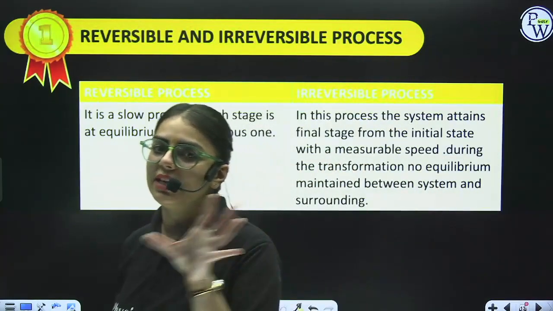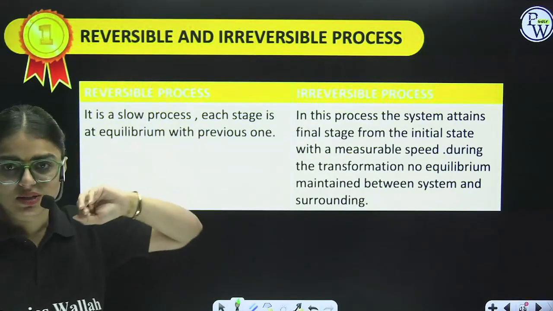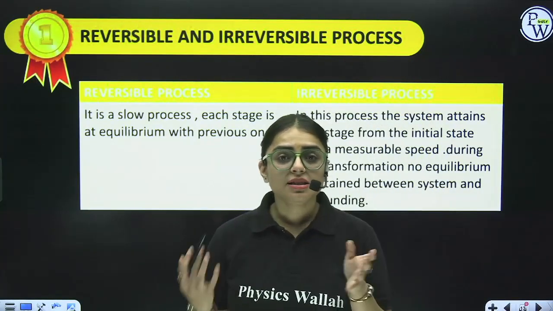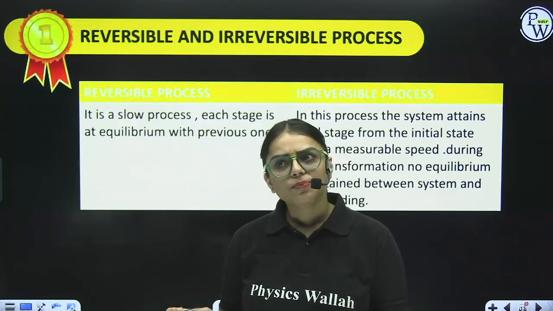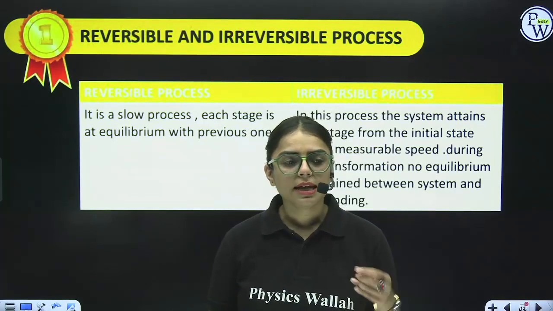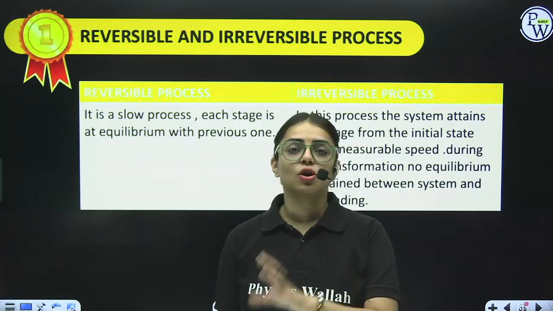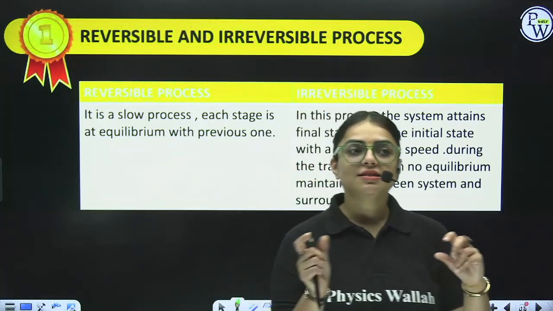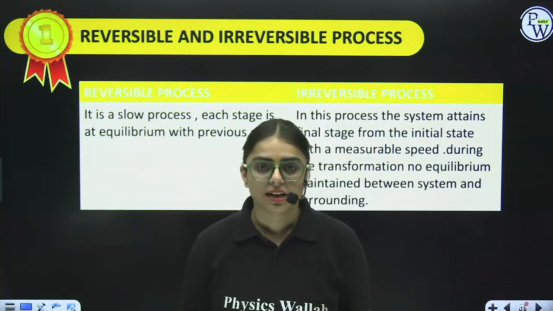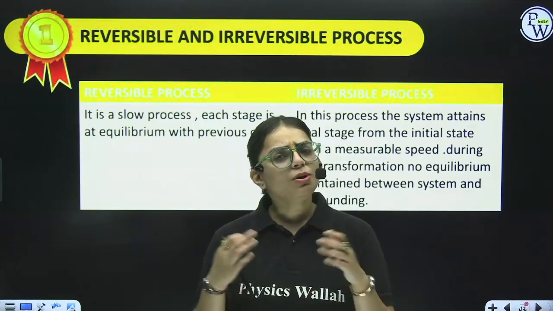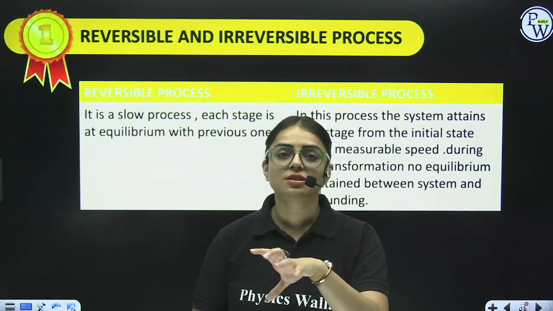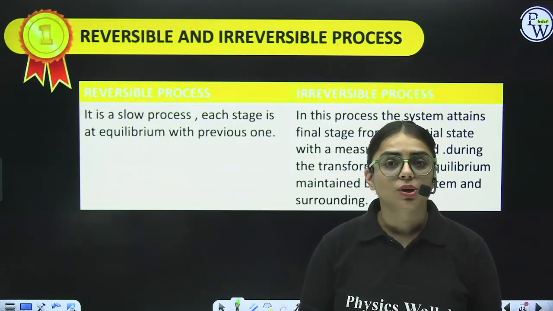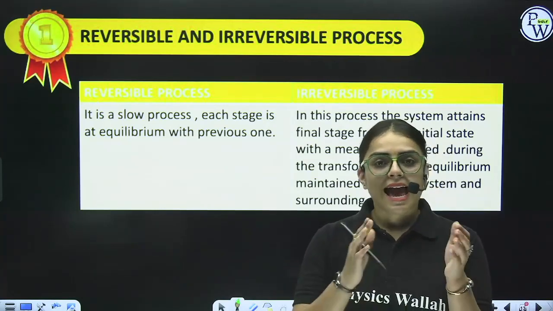Now comes the reversible and the irreversible process. What are reversible and irreversible processes? A reversible process is something which takes a lot of time to complete. Basically, this is a slow step. If I talk about a certain reaction, when reactants convert into products and products also have a tendency to convert back into reactants, that is a reversible one. That means there is a forward direction reaction and also a backward direction reaction taking place. But what about an irreversible reaction? An irreversible reaction is something which, when converted, cannot be converted back, right? So a reversible one is a slow step process, and an irreversible one is